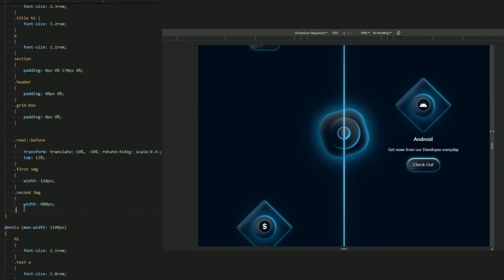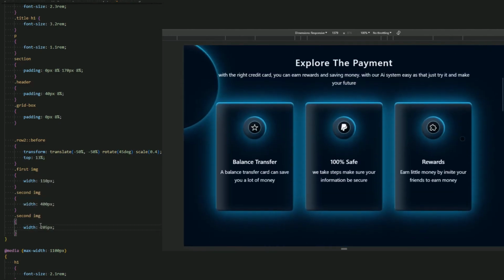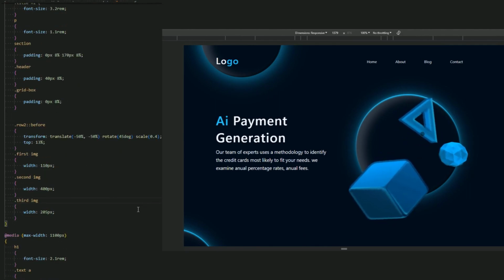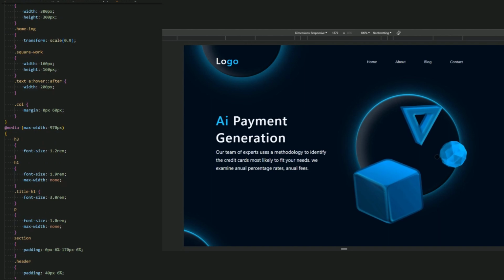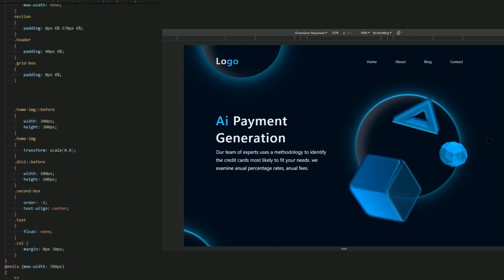And the third one, let it be 205 pixel. There we go. Third image, yeah, now much better, I think. Let's go to the next media. We don't have overflow X. Next media again for the tablet, and just like I said, let me continue what I said.